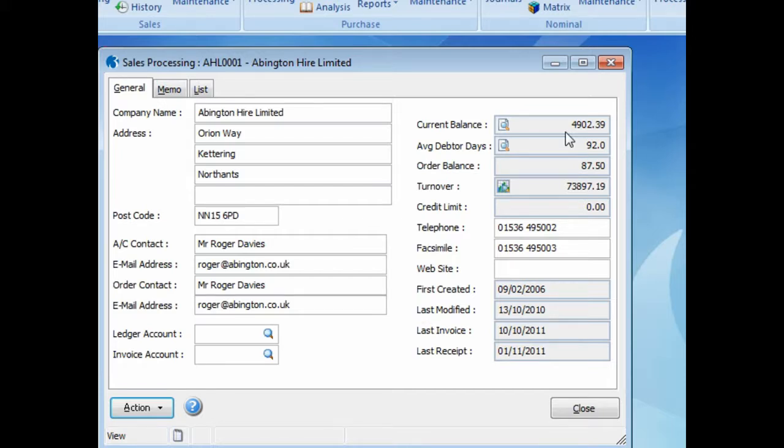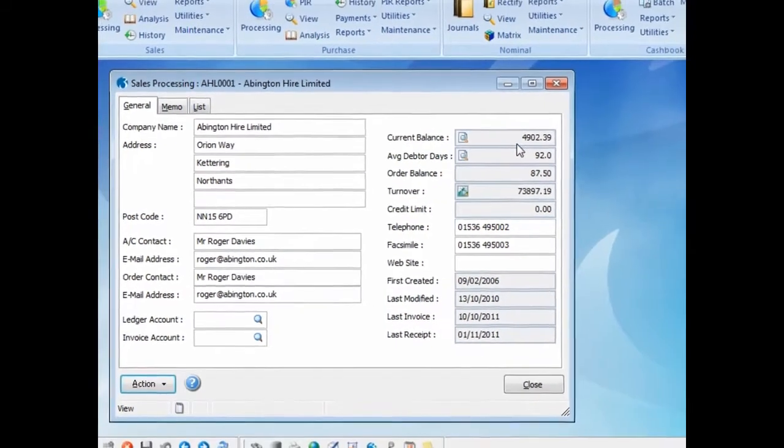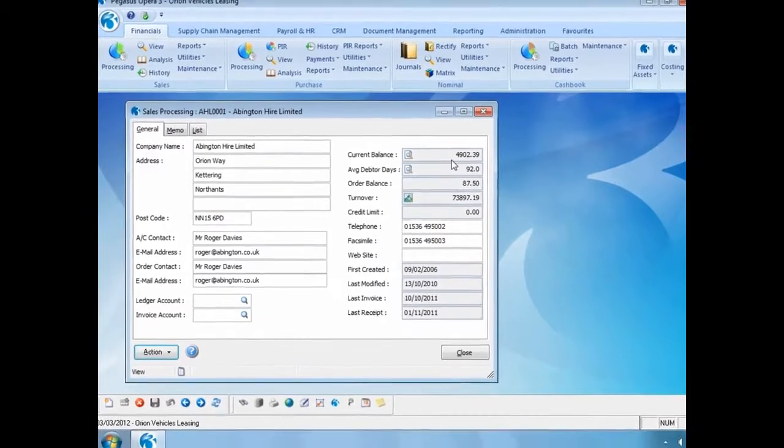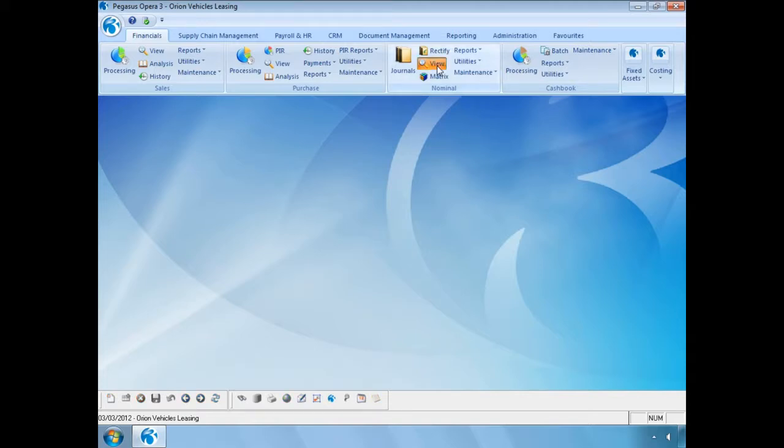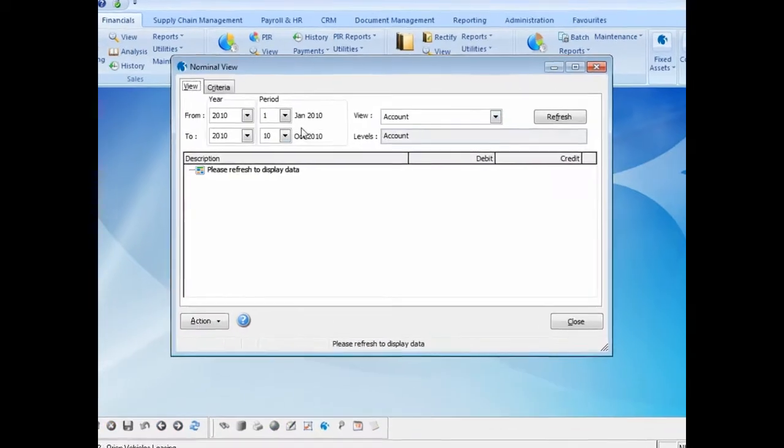So let's have a look and see what's happened in the nominal ledger. I'm using real-time update of nominal, so my journals have been posted straight away. However, if you're not using real-time, then this posting will be sitting in the transfer file, ready to be transferred into the nominal. So let's go into our nominal view and we'll filter purely for the current period, which is